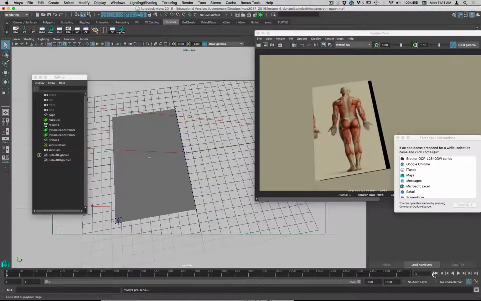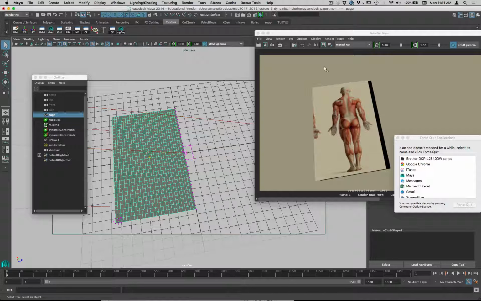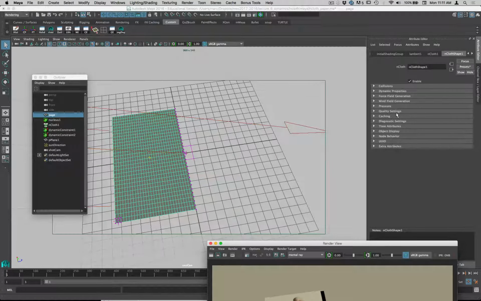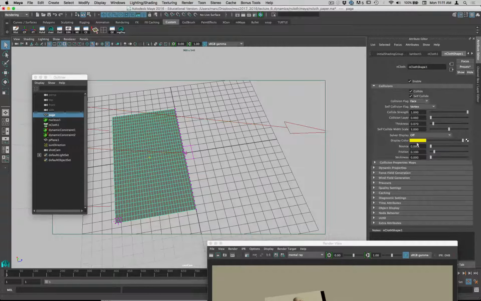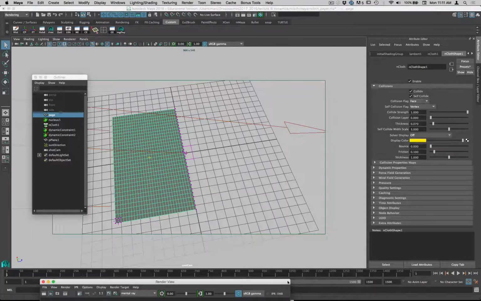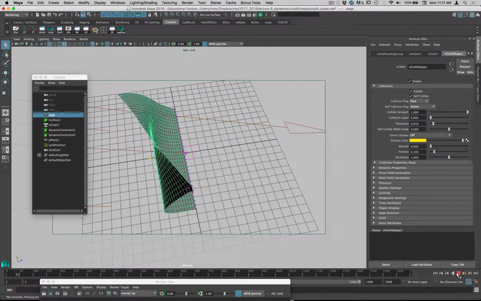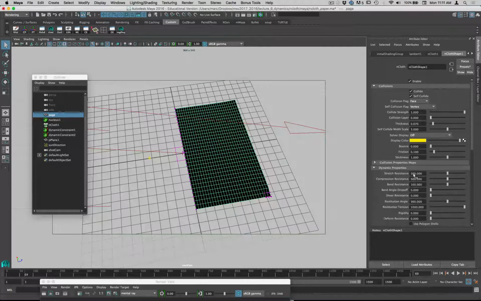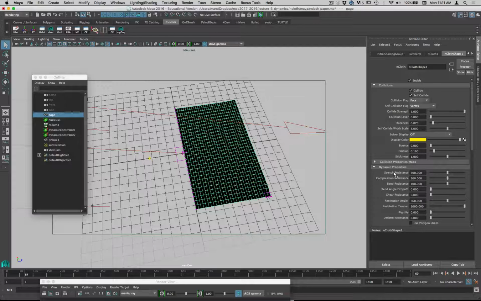And the last thing I'll do, let me just change some of the qualities of this paper. So for example, if I go into the nCloth shape node, and under the collision properties, stickiness is at 0 right now, but if I change that to 1, for example, that'll make it quite sticky, I think. Oh, no, it's not. Let me change the dynamic properties. So my stretch resistance is very high. So if I change that to something very low, like 1,